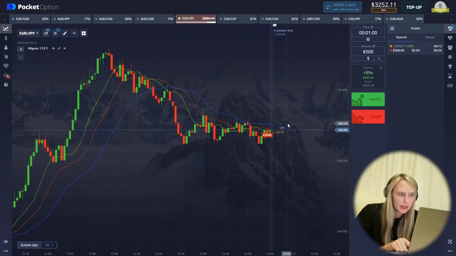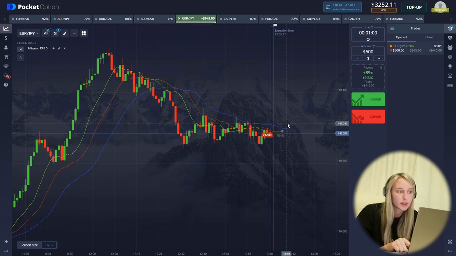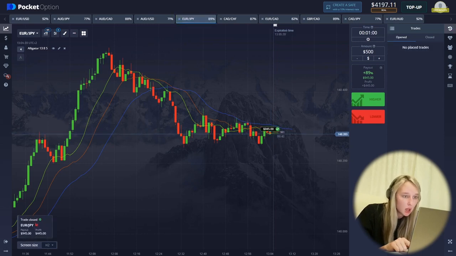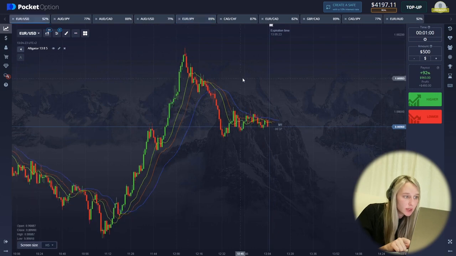We played a little ahead on the curve, and there are literally 15 seconds left before the end of the transaction. And in the last seconds, I think an exit should occur and the deal should close in plus. Friends, our final deal was closed with a profit. We have